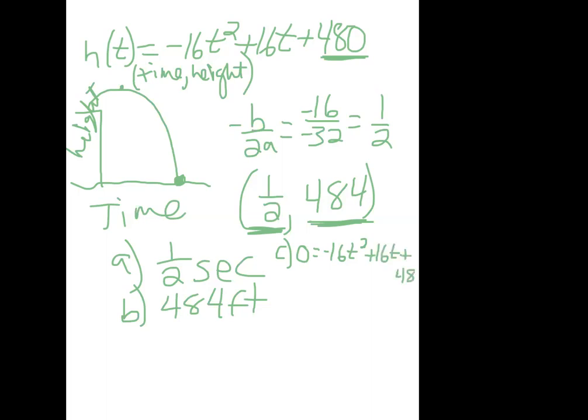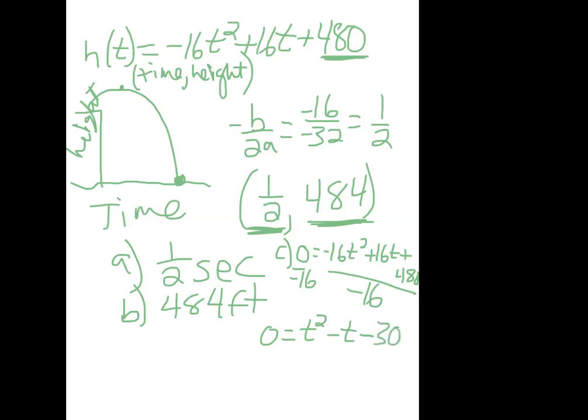Oh dear. That's a 480. I'm going to solve this quadratic. I'll show you how to do this on the calculator in a minute, but in case you don't have one, or if you're not allowed one, I want you to see that you can do all this by hand. So let me divide both sides by -16 just to make my life way easier. Now I've got 0 equals positive t squared minus t minus 480 divided by 16 is 30.